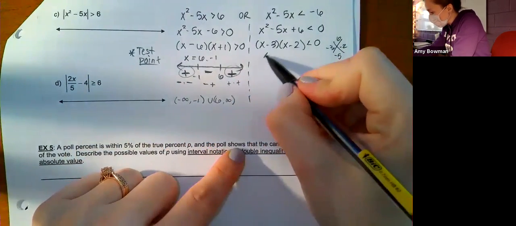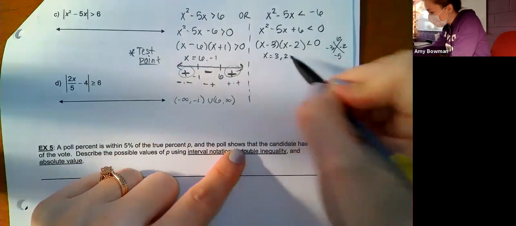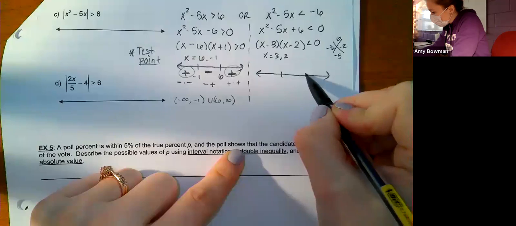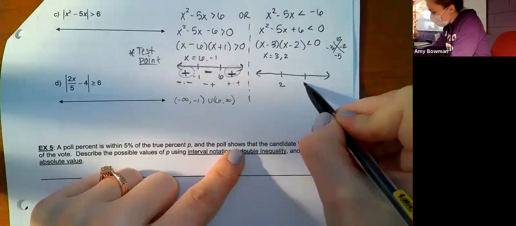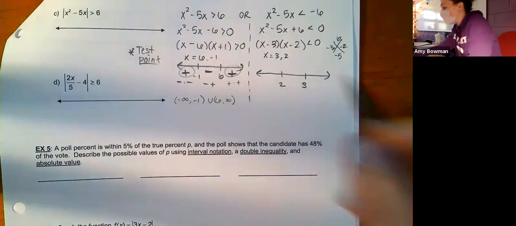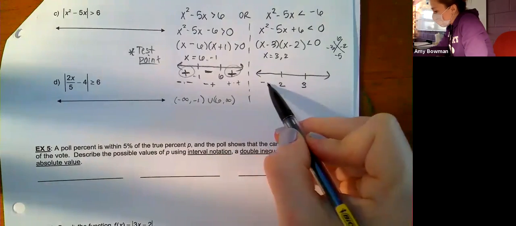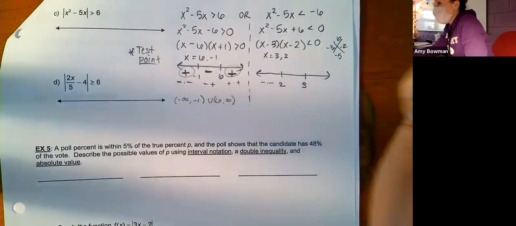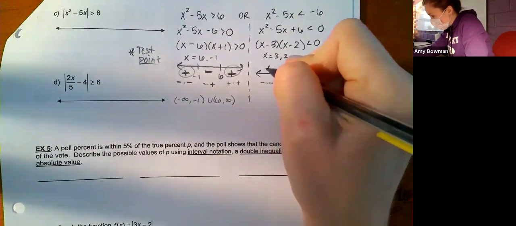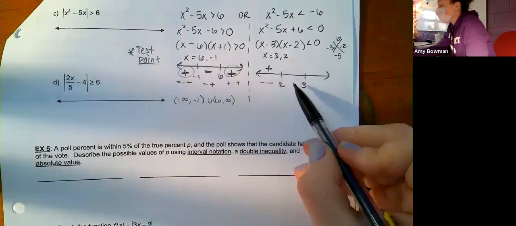Test point method. I've got my zeros, 3 and 2. And now I test. Okay, a number less than 2: 0. That would be a -3 times -2, which gives me a positive result. Okay, this one you will have to use your brain a little bit. Between 2 and 3,